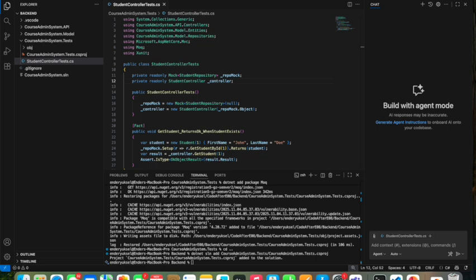Repo mock is a mock object that simulates the student repository without needing a real database. And then the controller is the actual controller being tested, which will use the mock repository. We continue with the